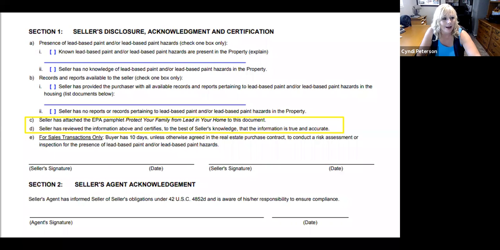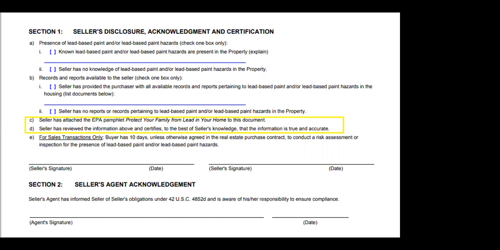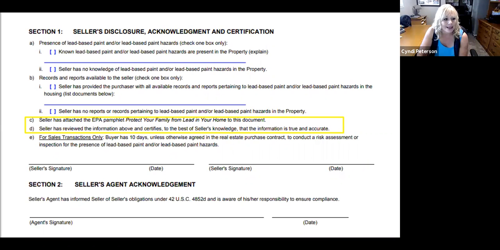So I and I, or I and I should match up. So either they don't have any reports and they have no reports that they're providing to them. That would basically be the two that you would check. These are check boxes. And you can see on C and D, it says seller has attached the pamphlet to